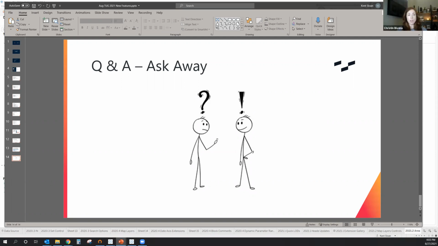Kent, I have a question. I know we're a little bit over, but I was fascinated. I didn't know that you could edit the workbook from the server and then save it. So you're telling me that if I take it from the server into my desktop and I just hit that little save icon, it's going to rewrite my server version without publishing it?